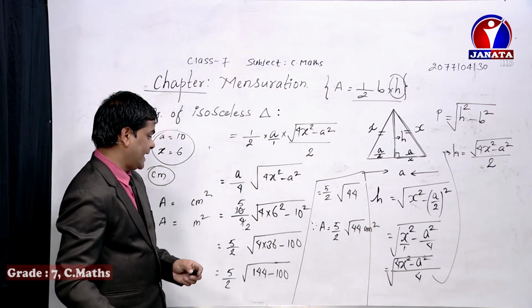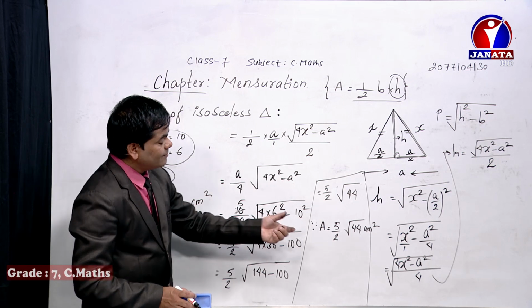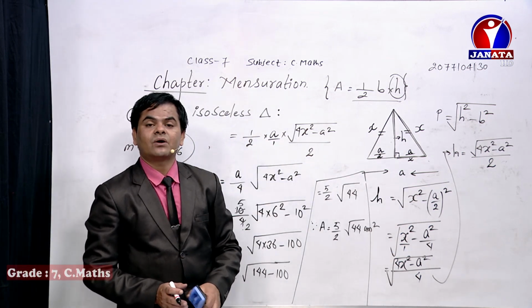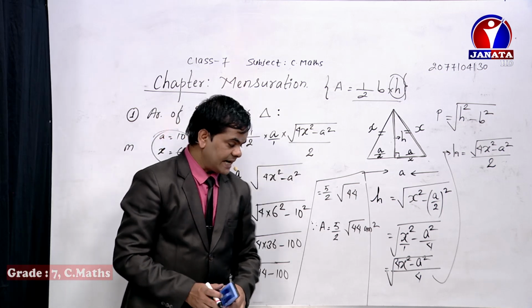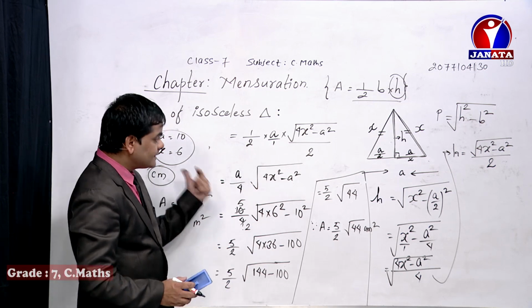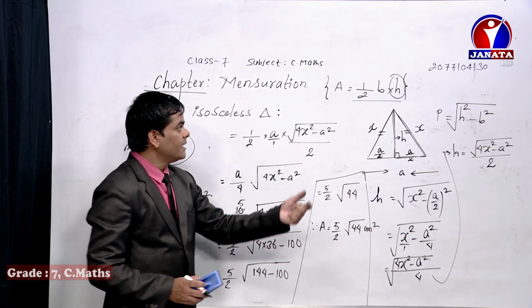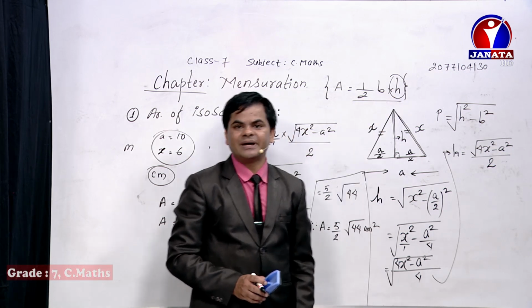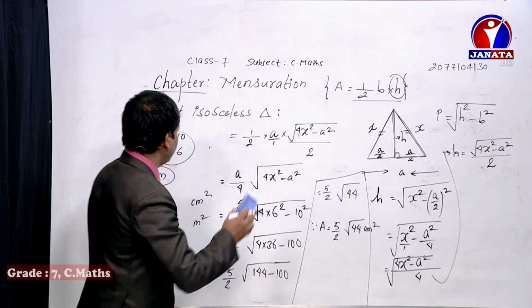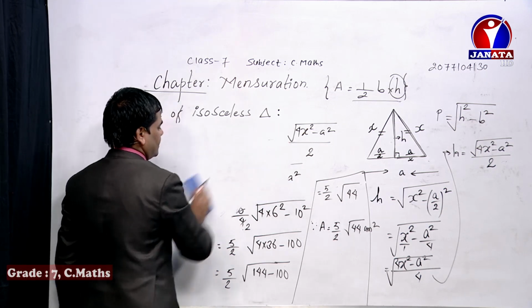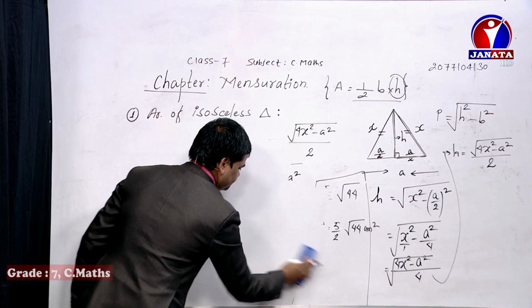I wanted to say that, okay. But it doesn't mean that you always need to derive this formula and show it. It is not a compulsory task. Directly, if you know the formula, then directly use this formula. If you don't know, at that time derive the formula in that way by using the concept of the area of a general triangle as 1 by 2 base into height. So this is the way of deriving the formula of the isosceles triangle. Now let's focus on another.